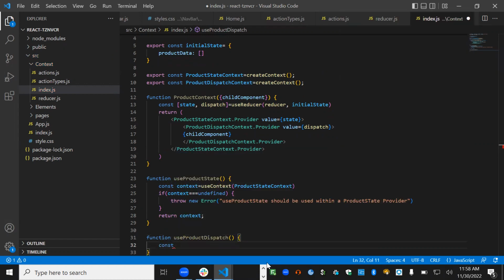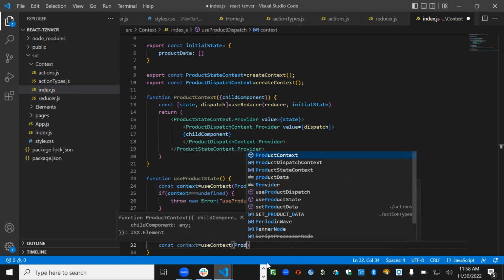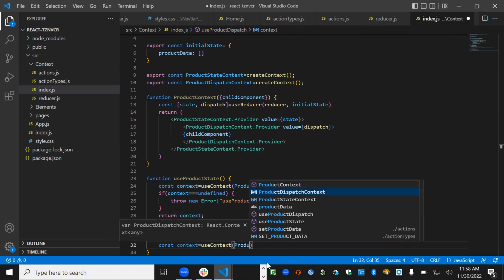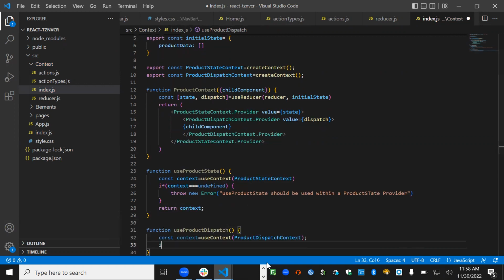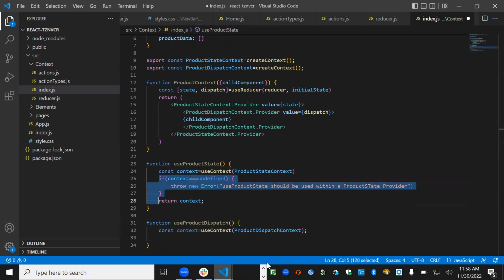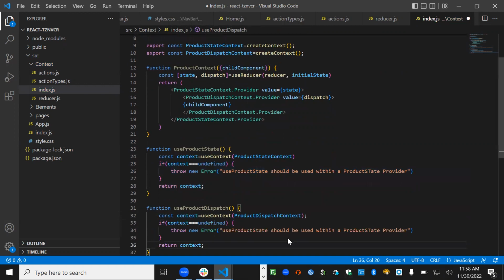So we create the context from here. We use context, product dispatch context. Now this is something you can copy directly. The same thing is going to be here. The only thing is that we use product dispatch